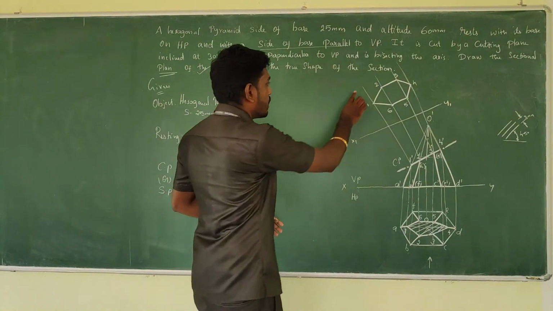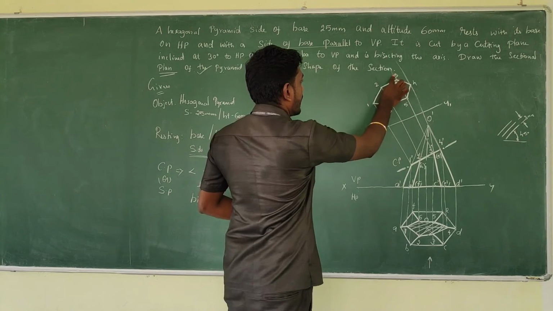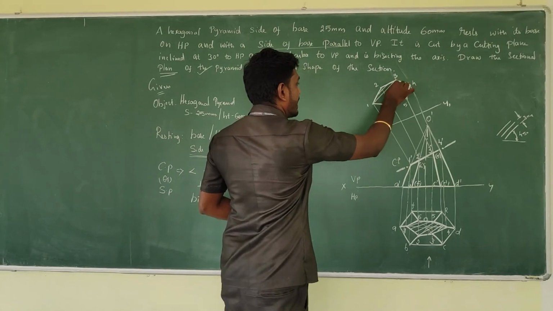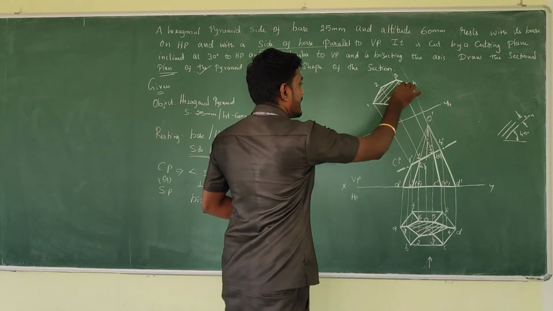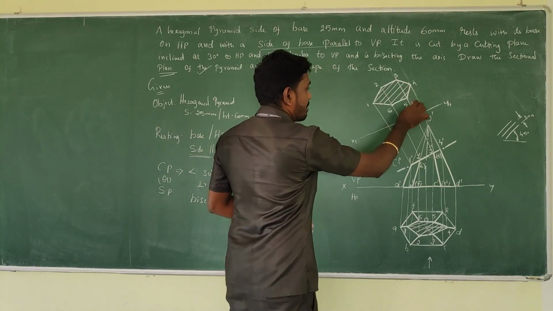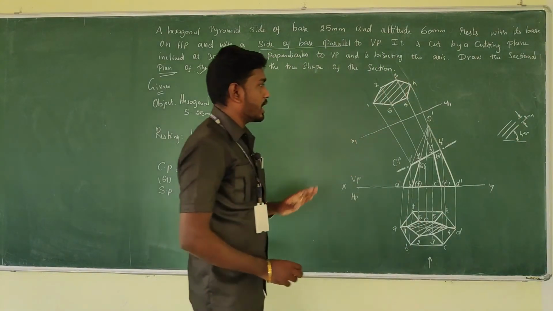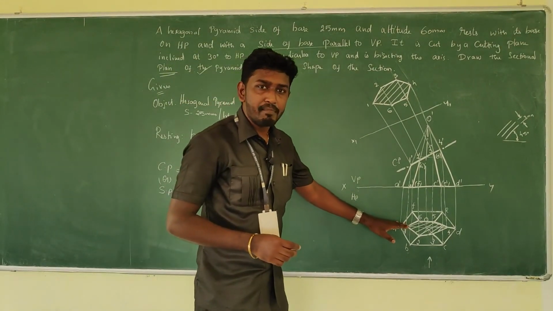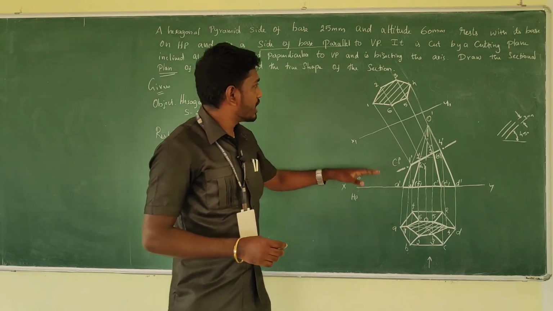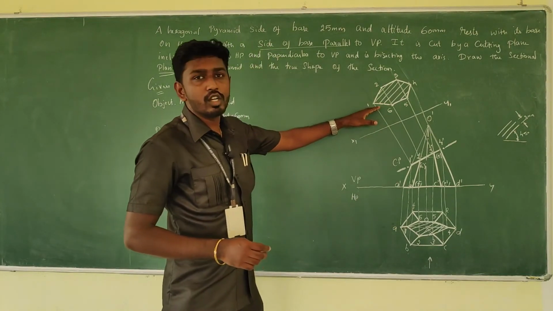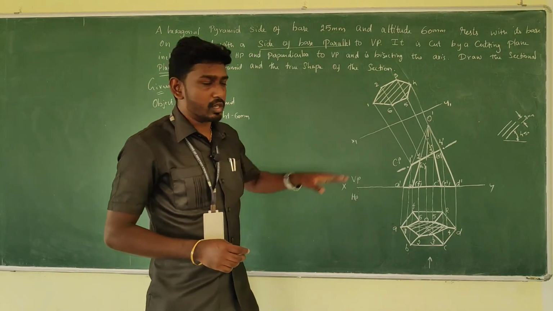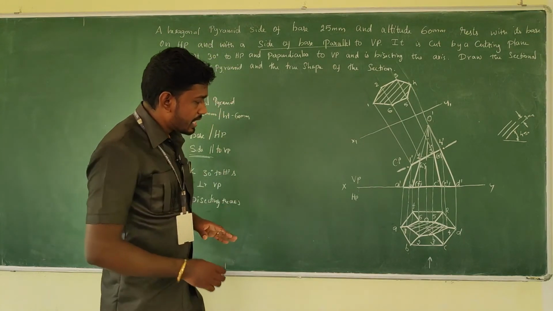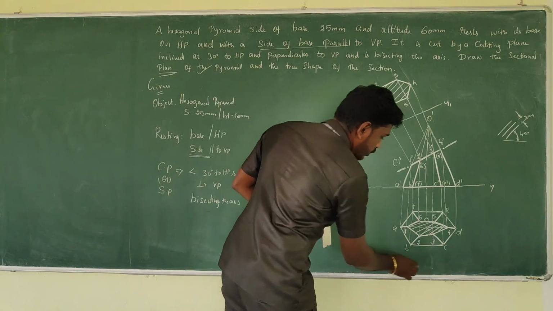It's a section, so go for hatching. Hatching should be with a 45-degree inclination and with the gap maintained at 3 mm, something like this. You need to represent it. This is the sectional plan. This is the true shape of the section, the true shape of the section. So we have completed these things, and next the measurement work needs to be done.